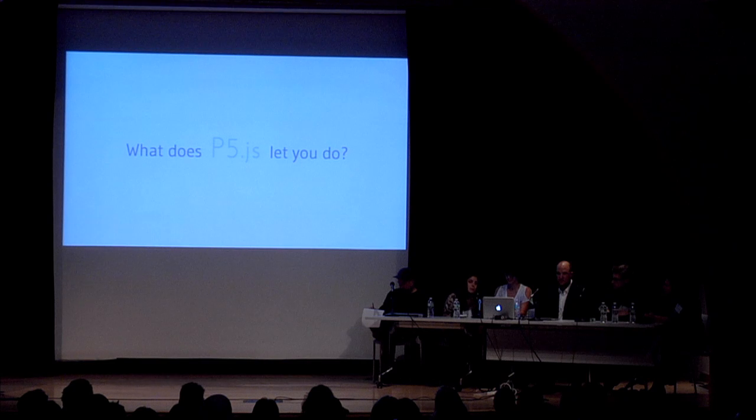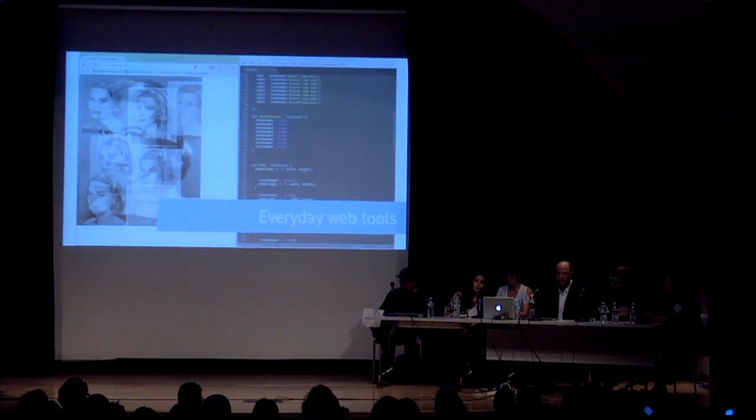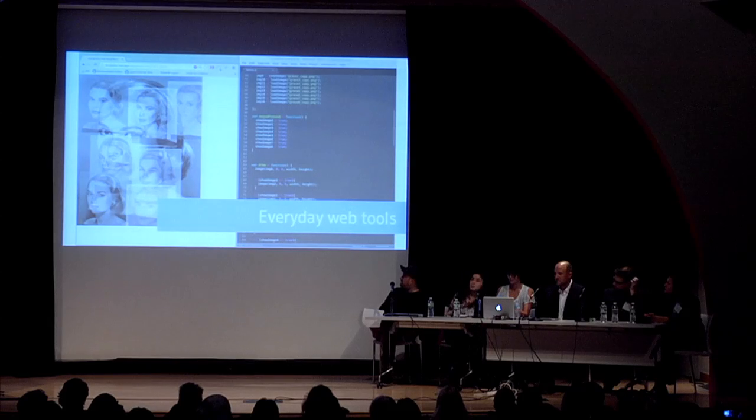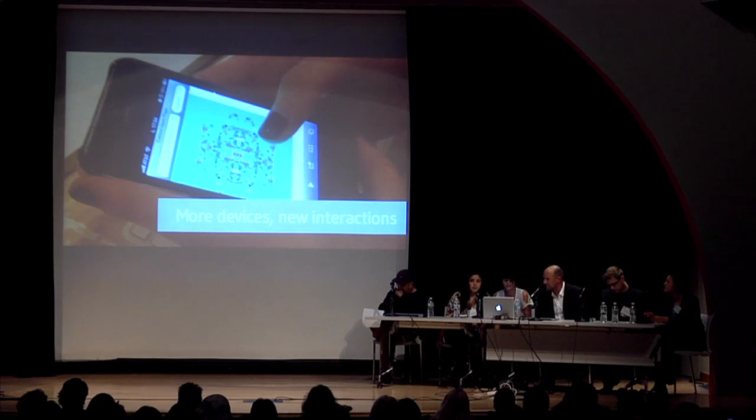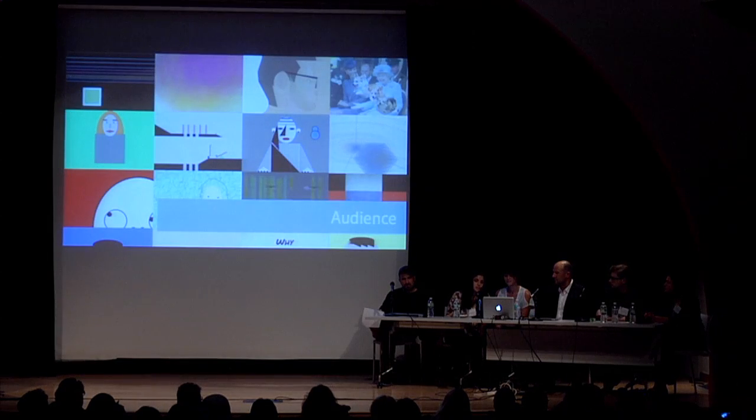So what does it let you do that Processing might not? Well, because it's written in JavaScript and you code in JavaScript, your environment is actually just Chrome, your web browser. That's where you make your projects. You work with something like Sublime, something that's familiar to you. No new IDE to work with. Because it works right out of the box in a browser, it's going to work on a bunch of your devices. You don't have to worry about exporting or installing, and it also deals with interactions. And then inherently, with JavaScript, it's just shareable on the web right away.